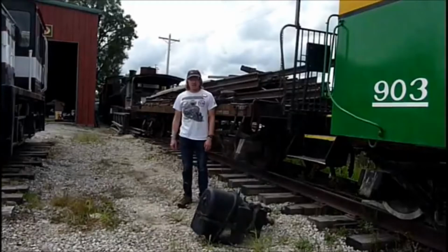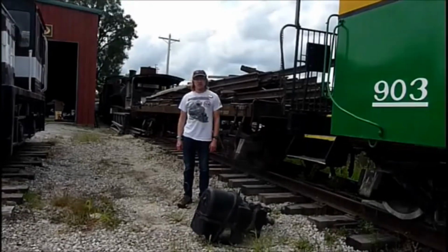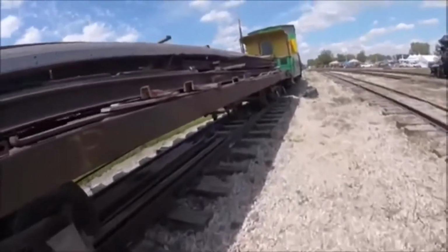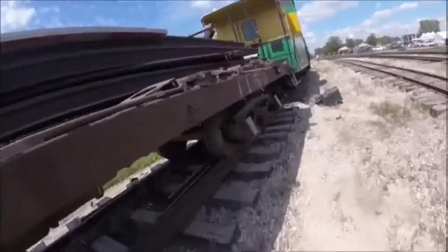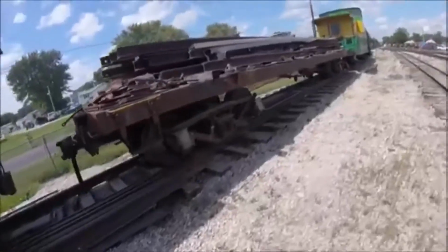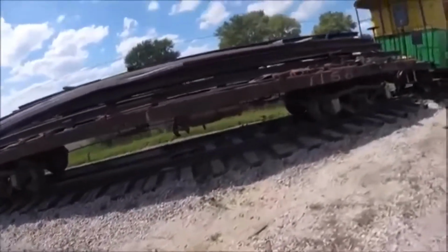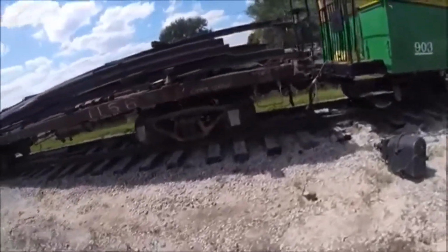What you see right behind you is White Pass and Yukon. White Pass and Yukon 1156 was built by Pullman in 1942 and is a flat car. Originally, this car was built as a boxcar and was originally used on the Ferrocarril del Estado, which is Spanish for Argentine State Railway, but in 1942 it was sold to the United States Army and transferred to the United